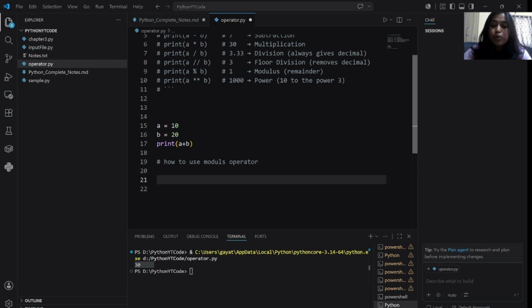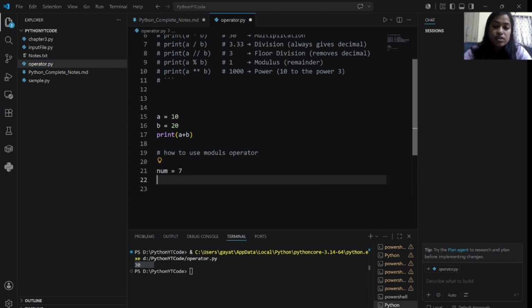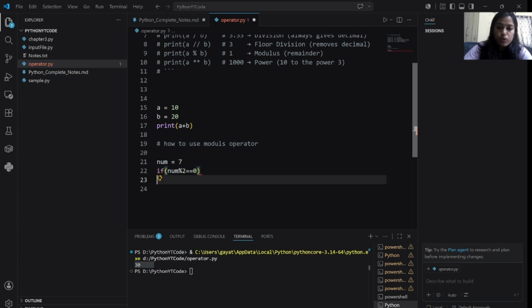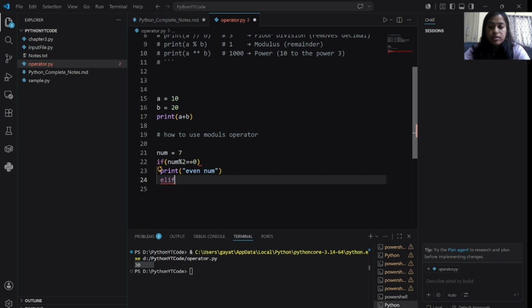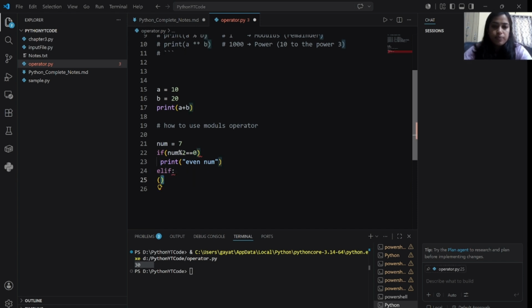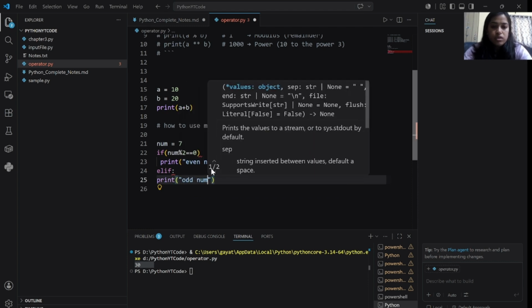For example, if you have a number equal to 7, and you say if number modulus 2 is equal to 0, the remainder is 0, then it should print even number, else print odd number.